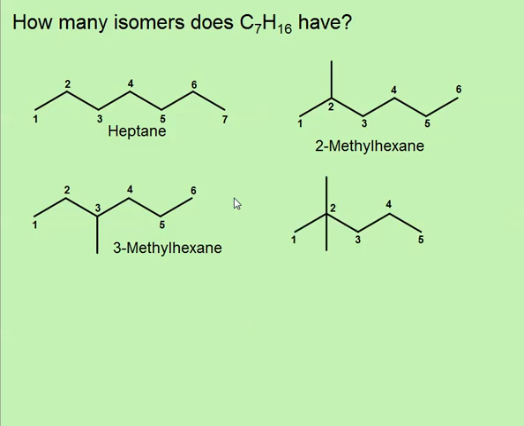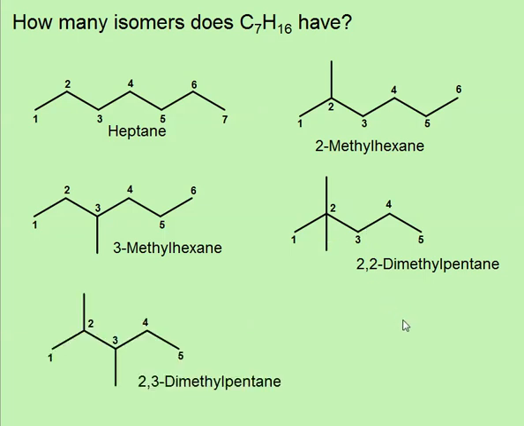So let's put 2 methyl groups on carbon number 2 to give us 2,2-dimethylpentane. Now of course pentane is the parent chain name because there's only 5 carbons in the main chain, but still 7 in all. We could take one of those methyl branches and hop it across to carbon number 3. That would give us a unique molecule with a unique name,